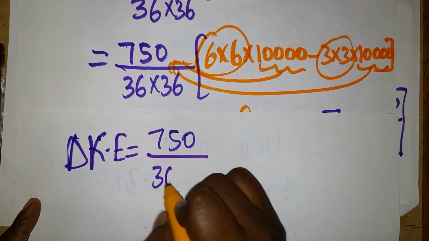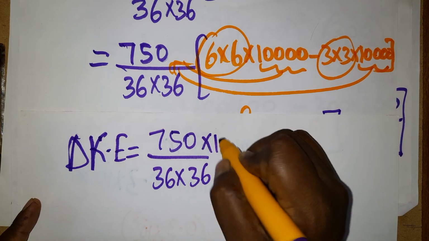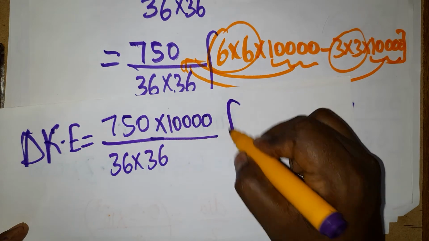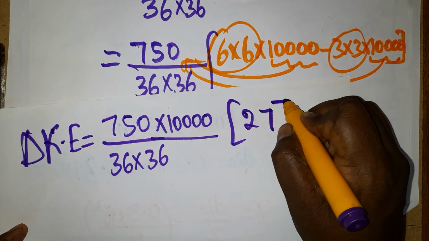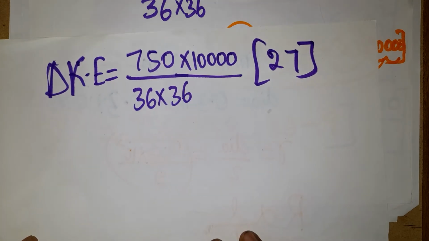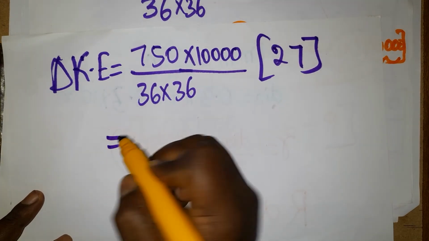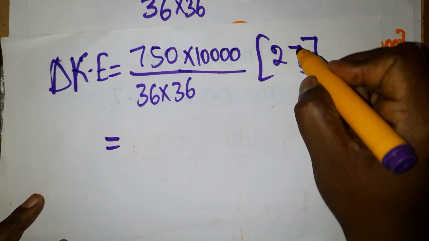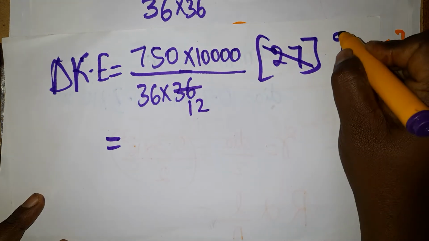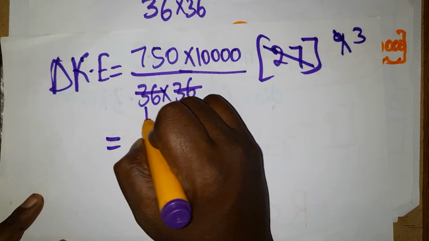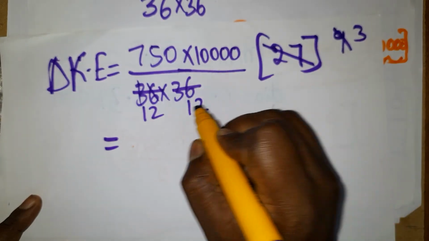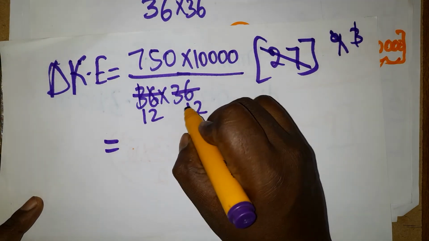36 into 36 into 1000. Sorry, 10,000, because 40 will be there. 36 minus 9, 27 we will get. Now what can I do next? Just cancellation. See here, 3 tables 9 times. Here 3 tables 12 will come. Again 3 tables, here 12 will come. 1 3s are 3, 2 3s are 6, 12 we will get. Again 3 tables, here 4 we will get.